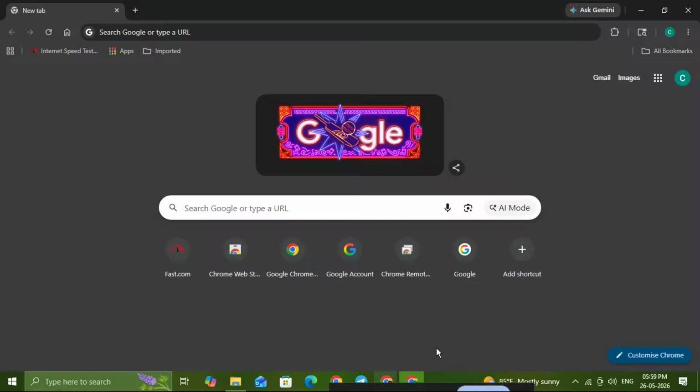In this video, I'll show you how to change Captions language on Google Chrome browser in just a few simple steps. This is a very useful setting if you want Chrome's live caption feature to display captions in your preferred language, making videos, audio, and other content easier to follow. Whether you use Chrome for work, study, or entertainment, changing the caption language can make a big difference in accessibility